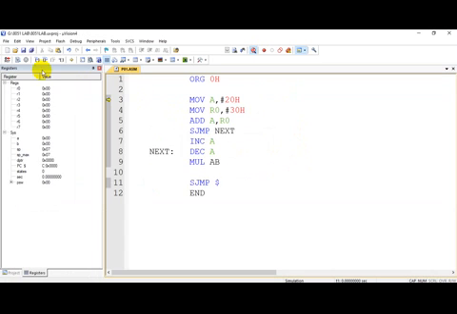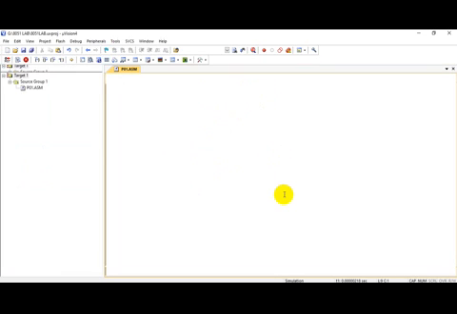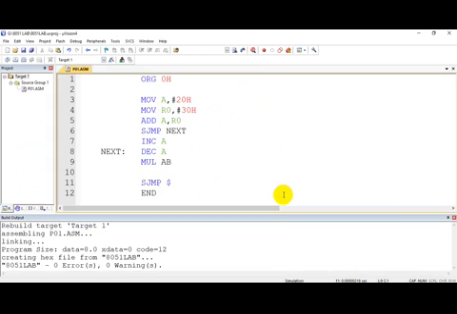Now I start executing, and a branching instruction has occurred. Since this is an unconditional branching instruction, a branching is always done. So it will branch to the label called next, and from this point onwards it will start executing. Correct? This is what we have seen in the case of a jump instruction. Now we shall see about a call instruction.